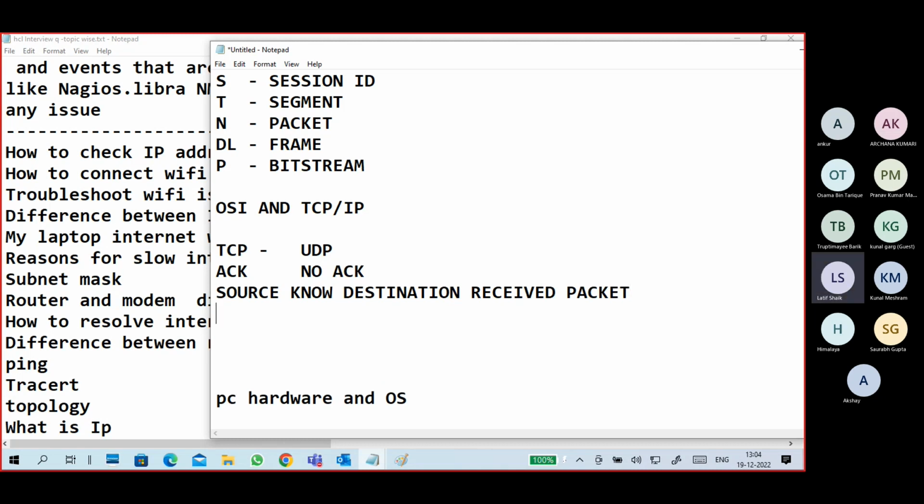In UDP, the source does not know whether the destination received it or not.